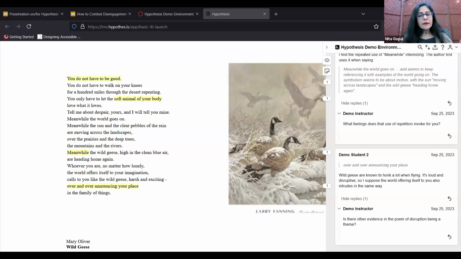when they go to the hypothesis board, which looks a little bit different than a regular LMS discussion board, and they put their notes in and return, it helps them on several levels. One is obviously to do the assignment, to understand the assignment, to get to know it really well.